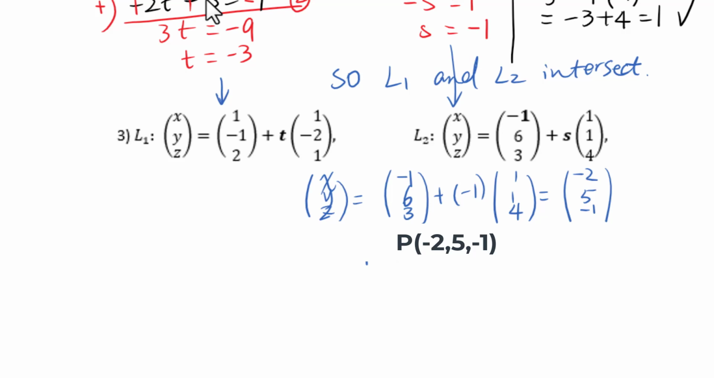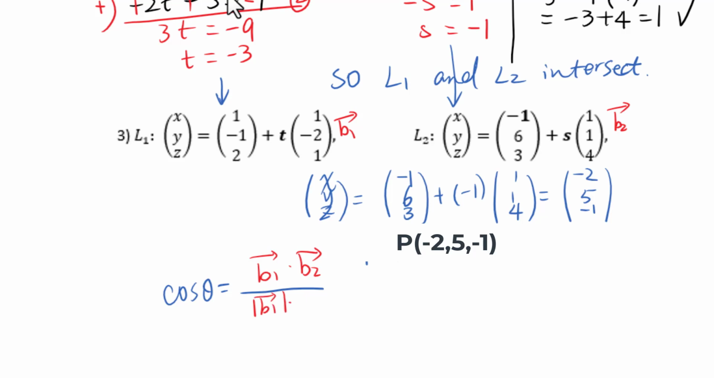Since L1 and L2 intersect, we can figure out the intersection angle theta. Cosine theta equals, using the direction vectors B1 and B2, B1 dot B2 over the length of B1 times the length of B2, equals (1, -2, 1) dot (1, 1, 4)